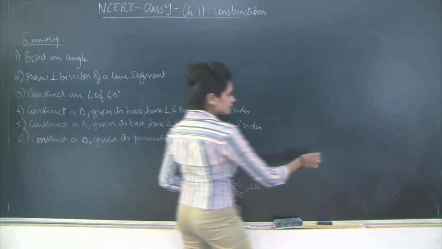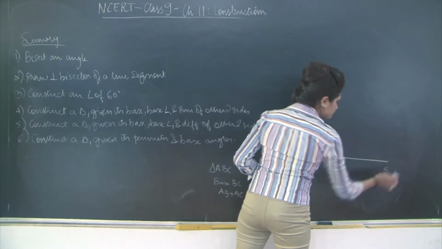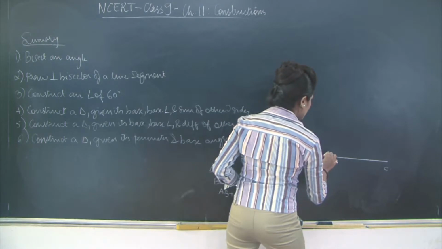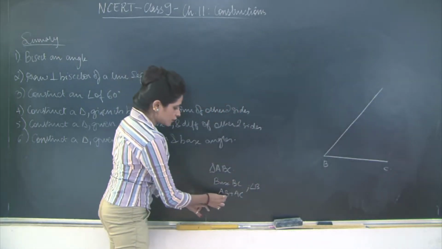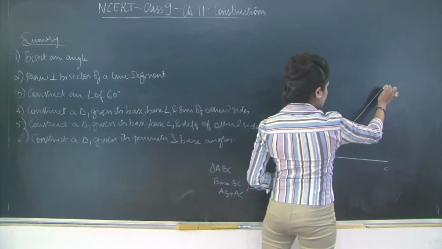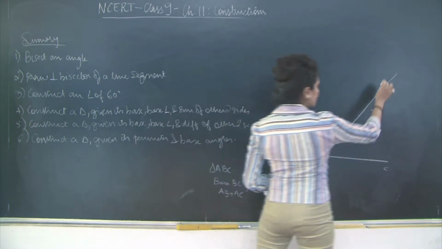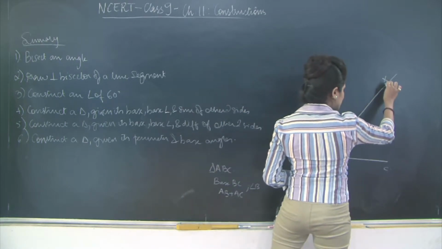It's very simple. You draw a base BC that's given. You draw the required angle B. So let's say your angle B is this. Then you're going to take this length AB plus AC and you're going to cut an arc over here of this length and you'll call it X. Okay. You're going to join XC